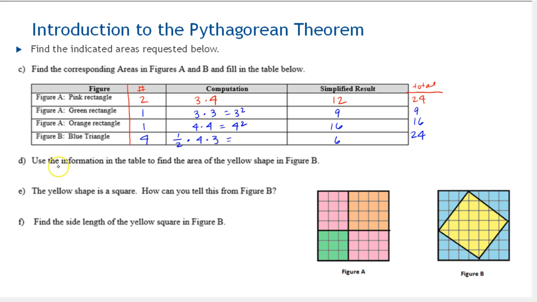So now let's look at the next question. Use the information in the table to find the area of the yellow shape in figure B. So here's the yellow shape in figure B. It looks like a square, but we're not sure yet. And notice we can't measure the side lengths because it doesn't line up with the grid. So we can use this information to find this information by using the additivity principles. So notice that the sum of the pink rectangles and the sum of the blue triangles